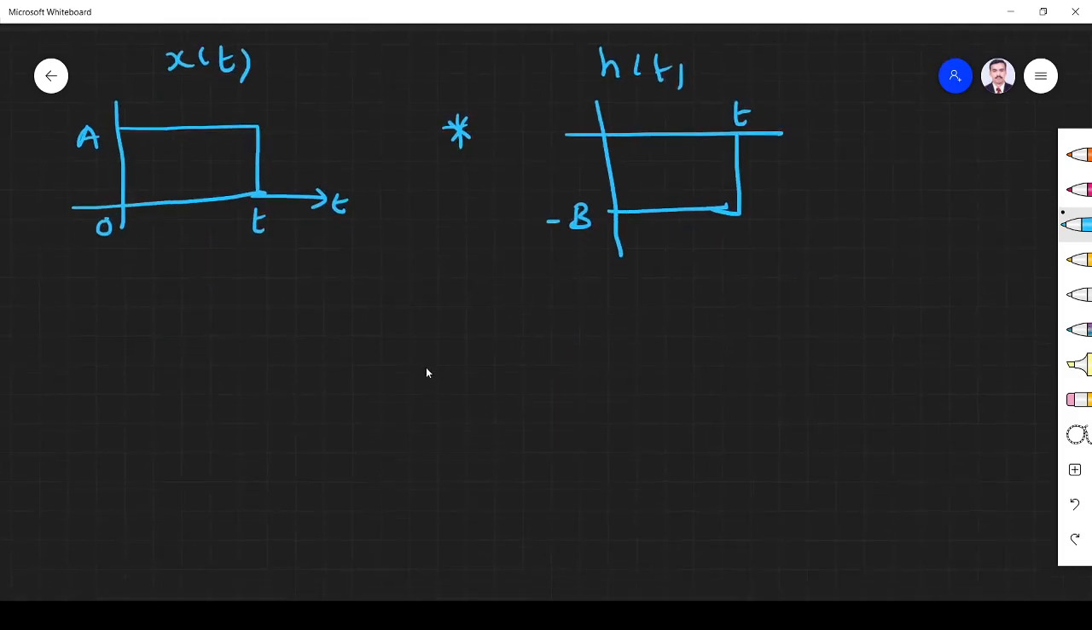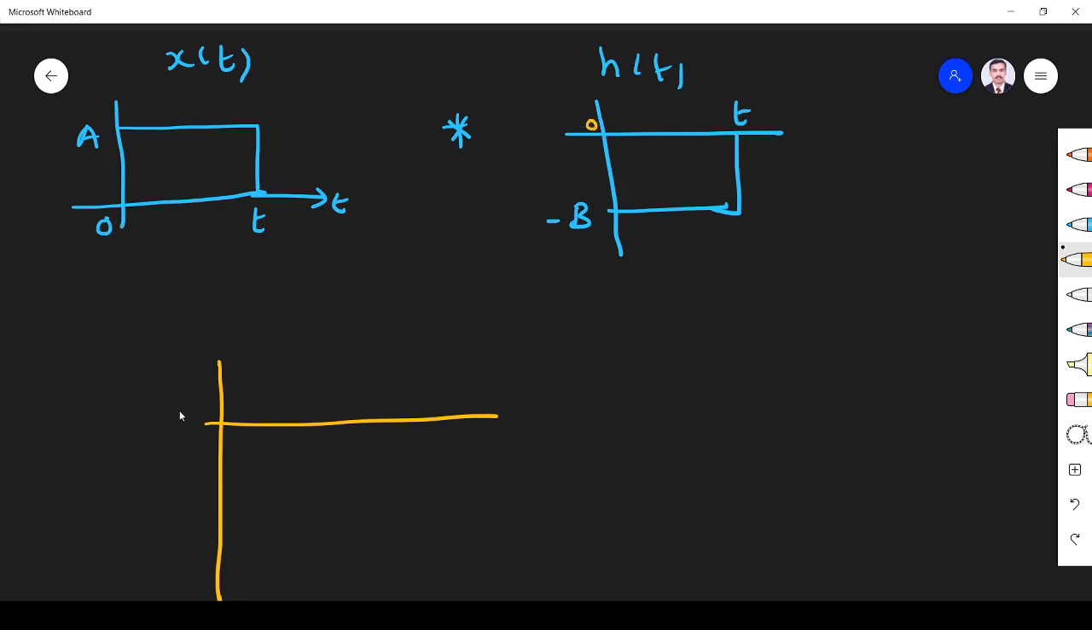Here, as usual, add the starting point: 0, here also 0, 0 plus 0 is 0. Add the end point of time, t plus t is 2t. Then multiply the amplitude of x, which is A, with the amplitude of h, which is minus B, and the total length of time t. So it is minus ABt. So the amplitude changes from plus AB to minus ABt. It will come like this, right? This is the one thing we must notice. So it is minus